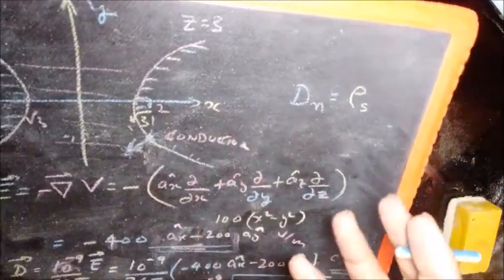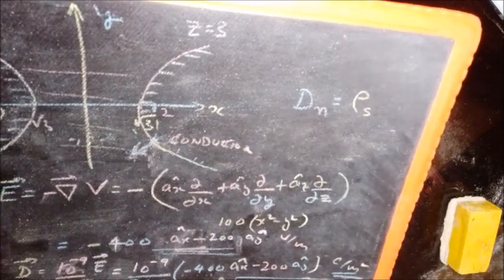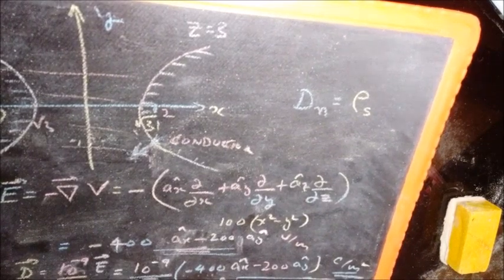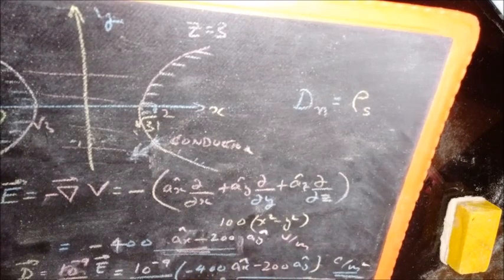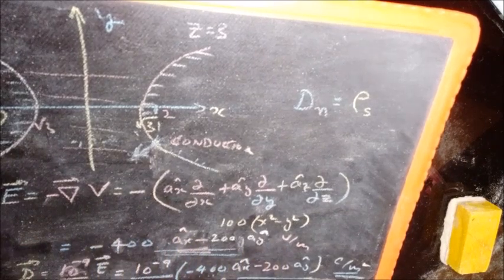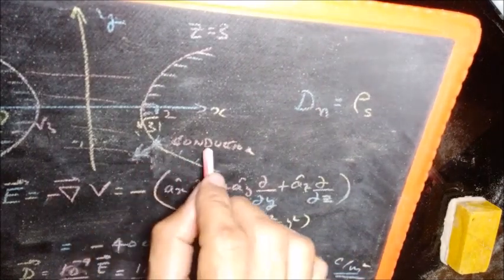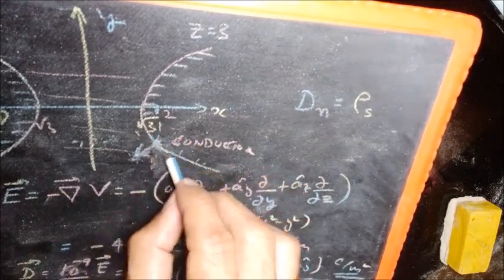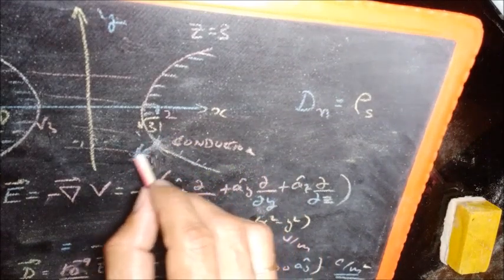Now, so we have found out everything. In fact, what we were asked to find out in the question, we have found out. We have found out V at the point 2 minus 1 3, which was 300 volts, just to recall. We have found out D at that point, which is over here. I have not calculated this number, but you can do that. And we have found out what is E at the point 2 minus 1 3, and we have found out what is rho s. So rho s is this, which will be a number, and if this is the free space and this is the conductor, field is in this direction, there is no field inside the conductor, and rho s will be the positive value of this.